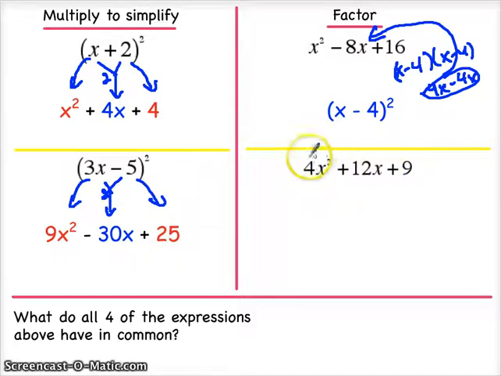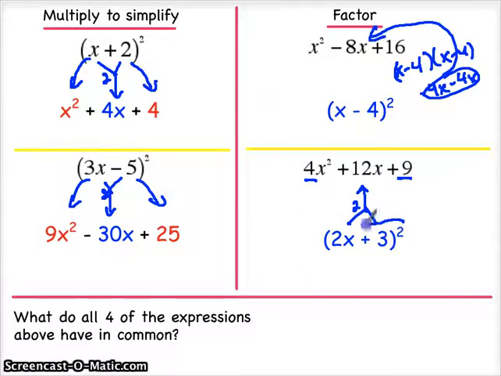And finally, if I see a 4 and I see a 9, I'm thinking that 2 and 3 will probably be great numbers. 2 times 3 times 2 giving us back 12, which tells me that the factored form is 2x plus 3